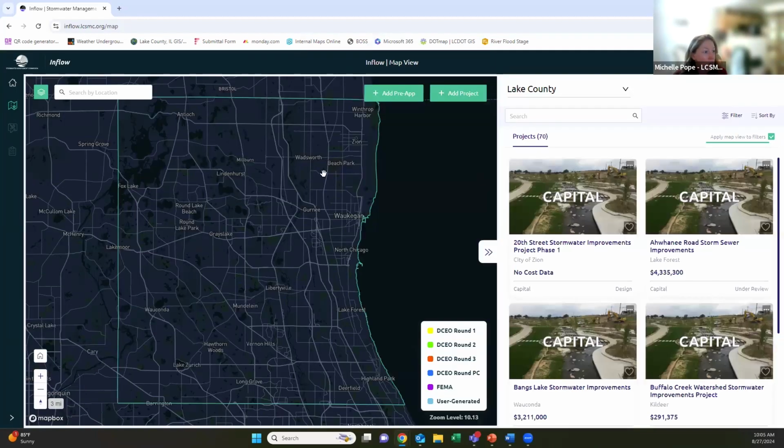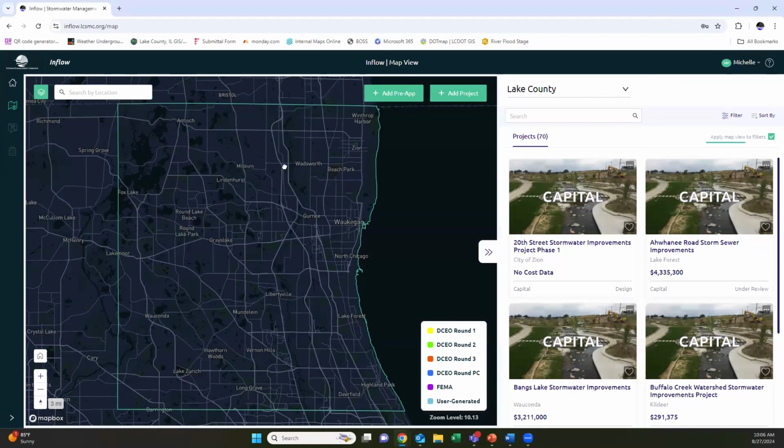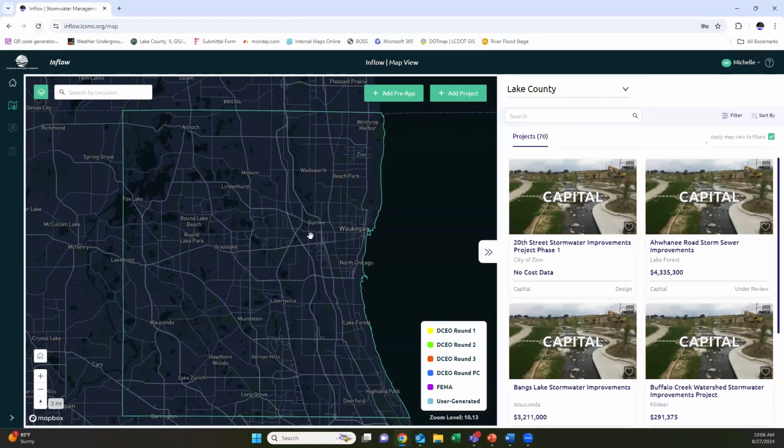So it'll take you to the home page, which you'll see all the projects that we have ongoing. And any user generated projects that you submit, you'll be able to see on this map as well. Then I will get an email saying that, hey, there's a new user. And I'm going to admit that new user right now. So I just admitted myself, and I should be able to log out